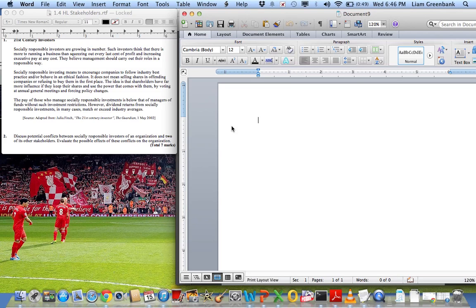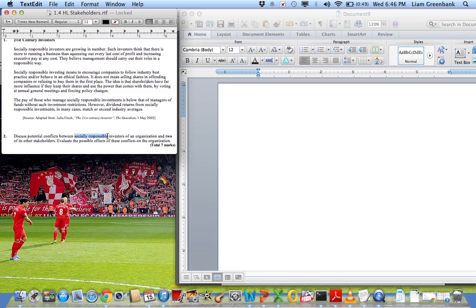Okay, so the terms in this question are socially responsible, okay, stakeholders, and conflicts. Okay, now socially responsible is actually defined in this case for us anyway. So we're actually going to leave that one out. It's actually up here. Socially responsible investing means, etc., etc. So we're just going to focus on really what the question is focusing on: stakeholders